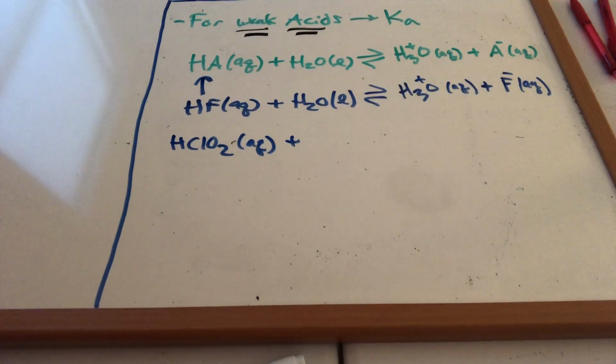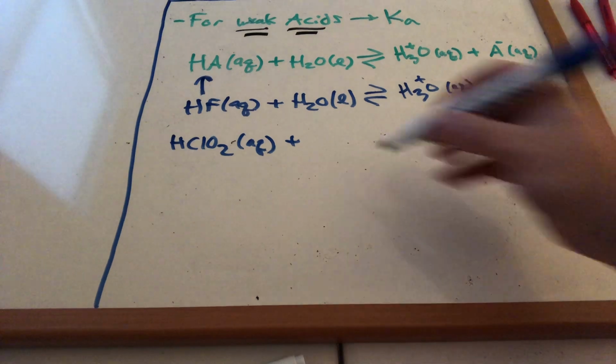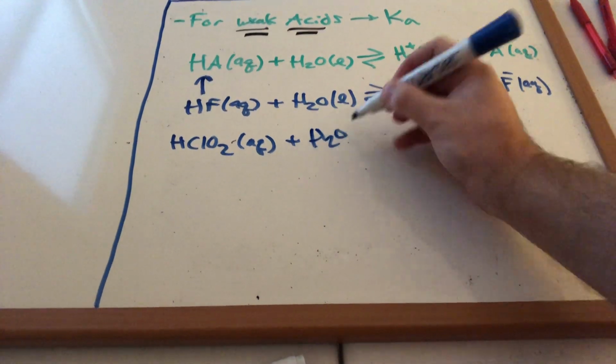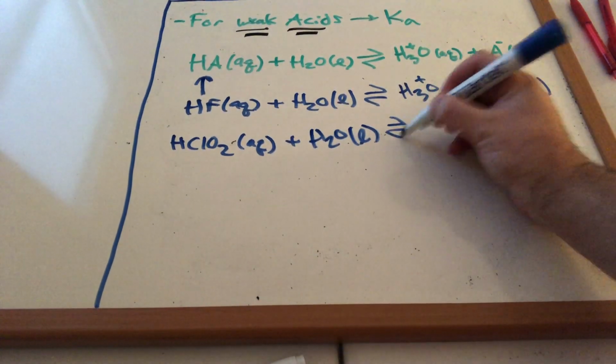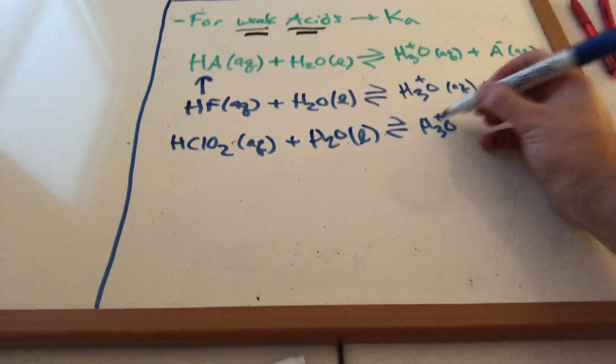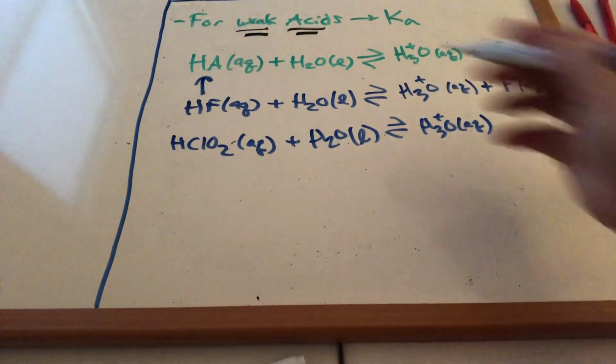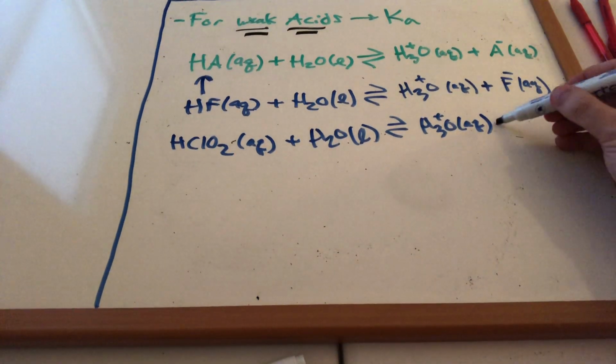This is a weak acid. So if it's a weak acid, what do we do? We react it with water. We generate the hydronium ion. And so what's the counter ion here? The counter ion here is going to be